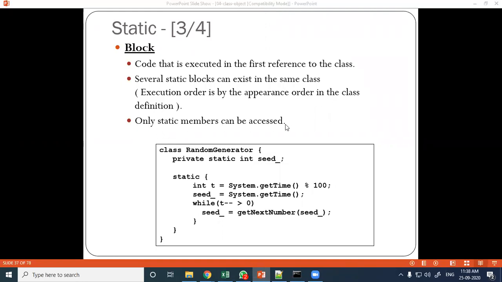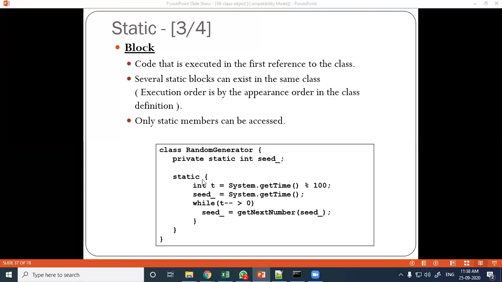Only static members can be accessed. This static block can access only the static member. See the example here. There is a class RandomGenerator. Inside the class, there is a private static int seed_. This is a static integer, and again it is private.